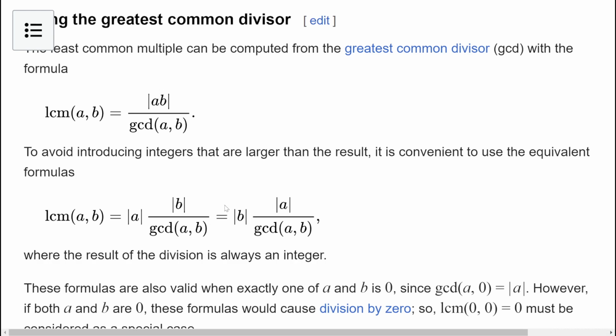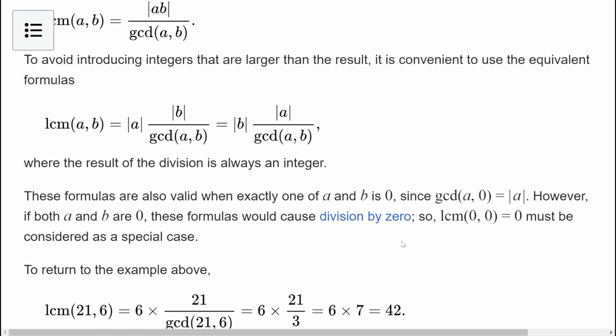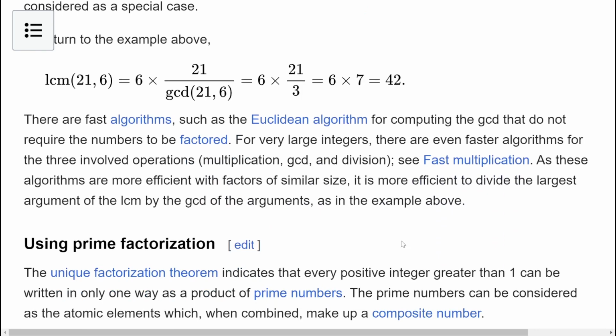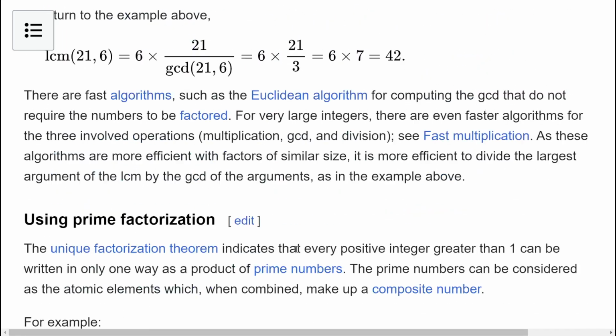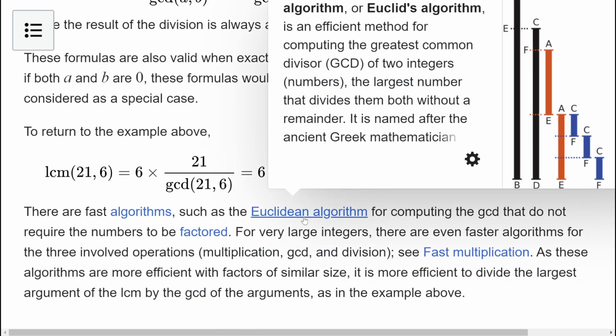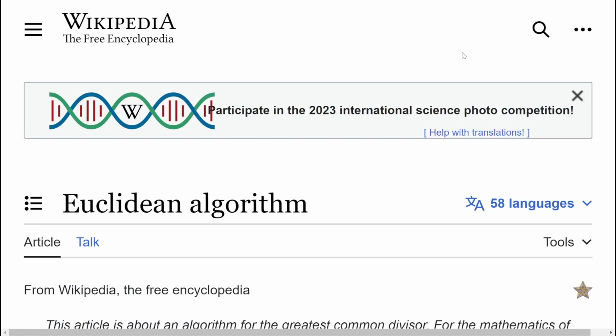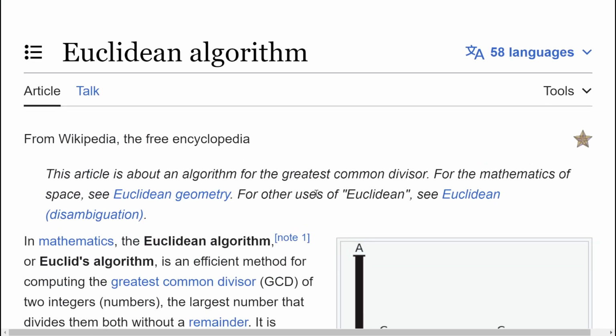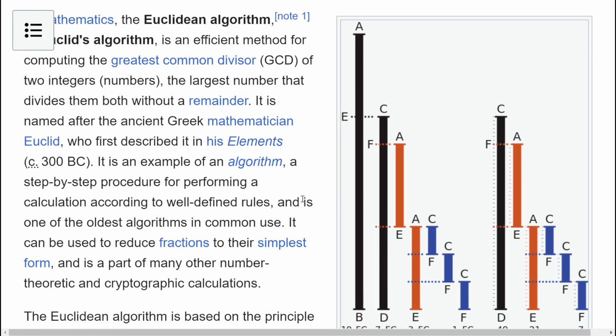Oh, I see. I was like, yeah, these are equivalent, but this way you don't have to multiply until you've already divided. So you need the GCD first. And the GCD is very easy to compute. I mean, you know,